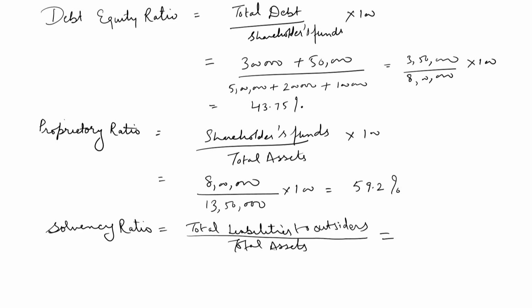The total comes to rupees 5,50,000 divided by the total assets of rupees 13,50,000 reaches the figure of 40.7%. It implies that the debt providers are just secured because their money can be realized through the use of the assets, which are already more than what they are expecting from the company to pay off their liabilities on time. And the next ratio is